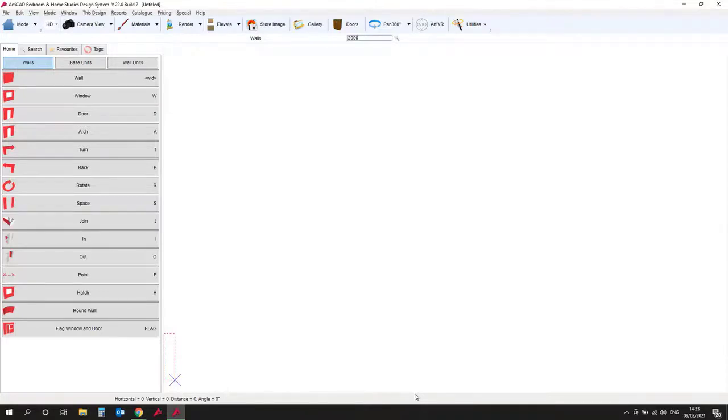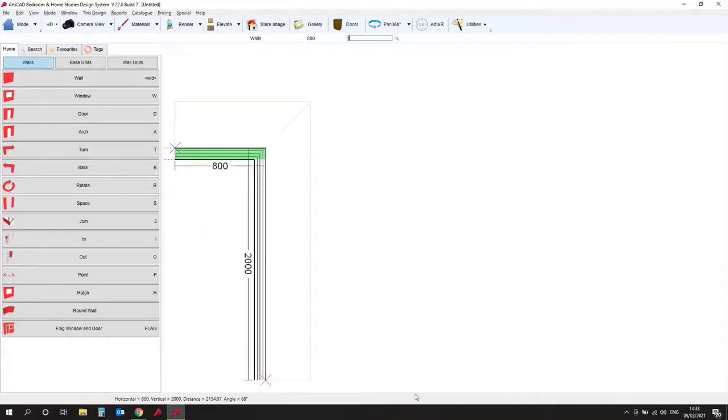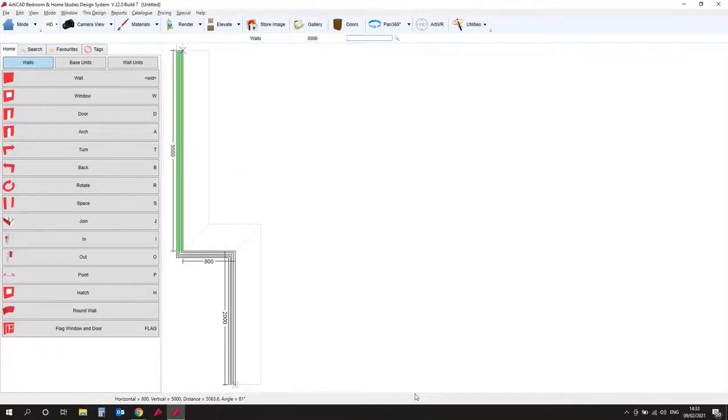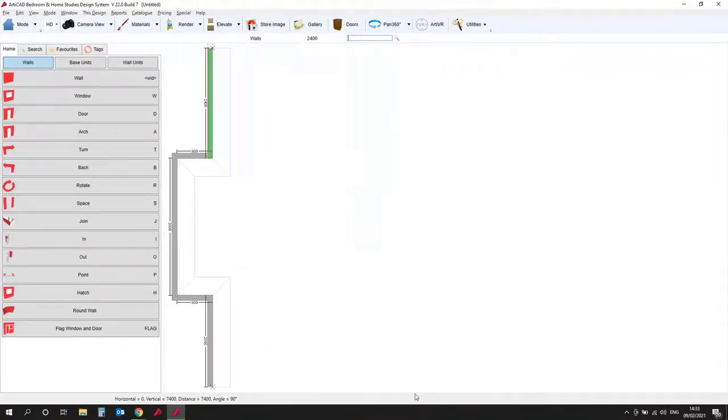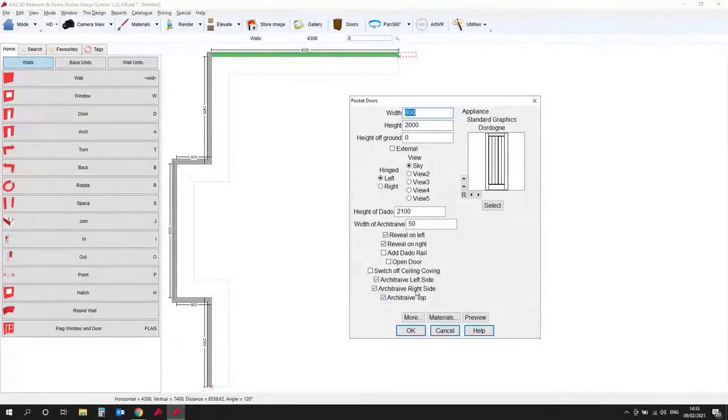I'm going to start off with a 2-meter wall. I'm going to do a little alcove where I'm planning on sticking a slider. So let's go maybe 800 deep. T for turn, I'm going to stick in a 3-meter wall, turn again, 800 for another wall, B for back. This is going to be a huge room, turn again, we'll have 4,300. I'm going to stick a door in. We'll go pocket doors,